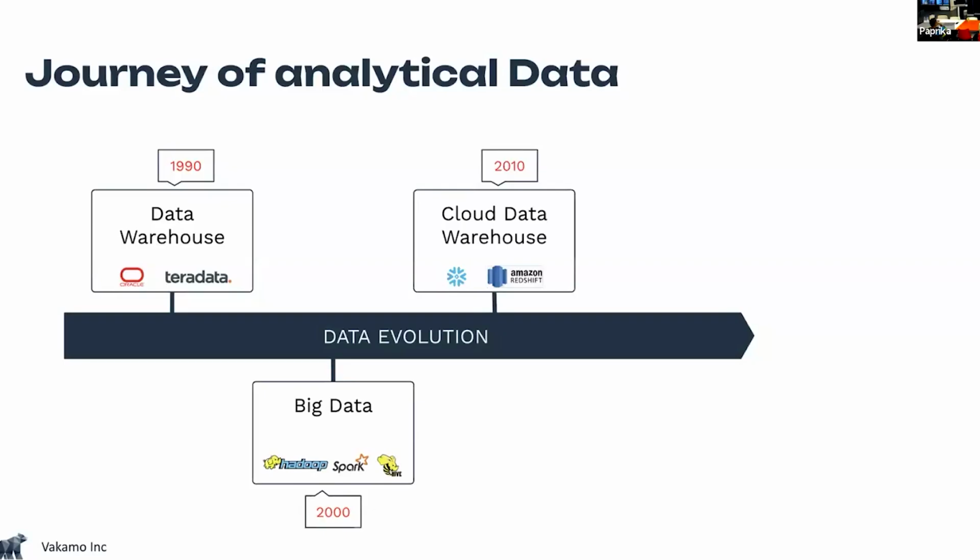2010, cloud happened, and people started to ask questions like how to actually go with that cloud thing. And we have new stars here like Snowflake and Redshift. And what those companies could actually create is not just easiness and frictionless of use, because you click of a button and you have the whole cluster, but they actually could separate storage and compute. It was not tied anymore, so you can actually store as much as you want, and then you can provision and compute as much as you need.